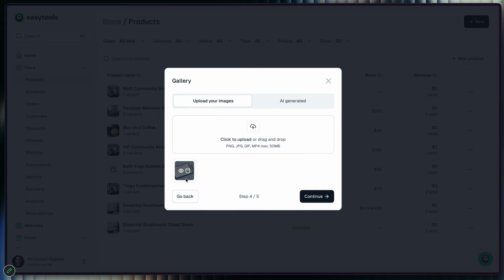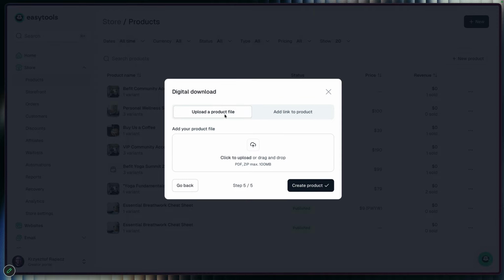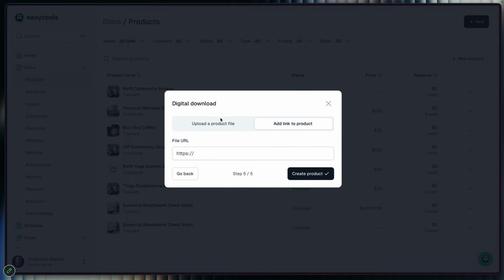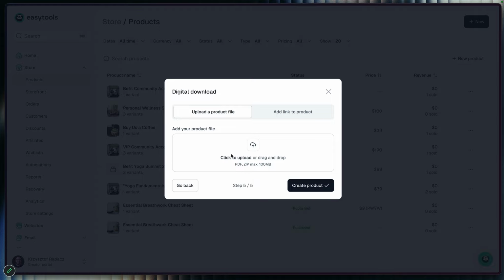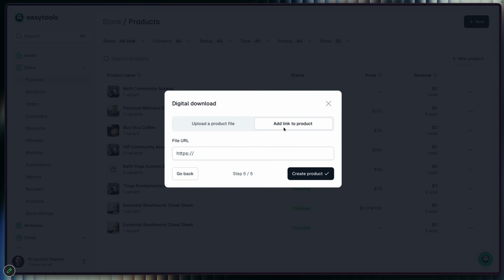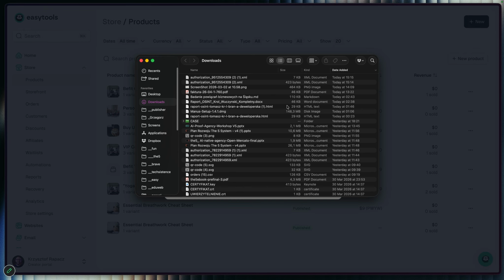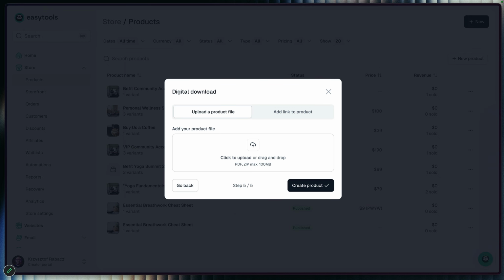So we have some images, or we even have some generated image that has been added to this product. And then what you can do is, if you have this Notion template and you want to sell a specific template, you can upload it. You can upload a PDF or a zip file. But if that's a Notion template, you can also add a link to this product. So let me find some kind of file that I can add here,